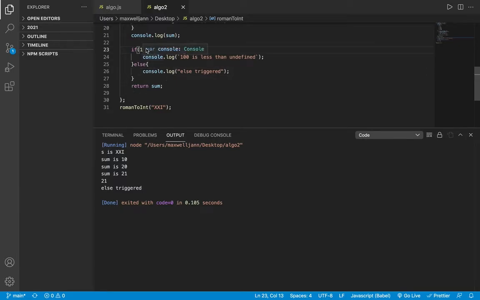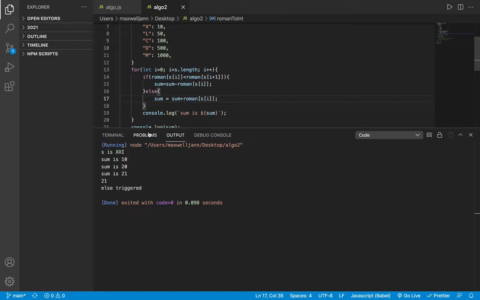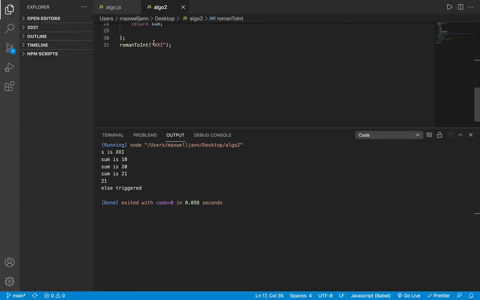So the else is triggered, which means 100 is not less than undefined. What if I said it's greater than? So the else is triggered either way. So 100 is neither greater than nor less than undefined, which means that when we're looking at a letter,